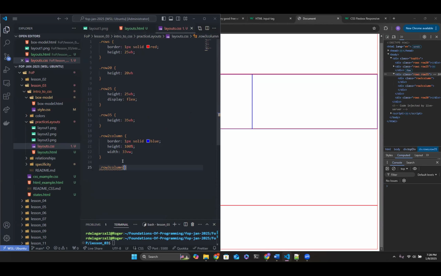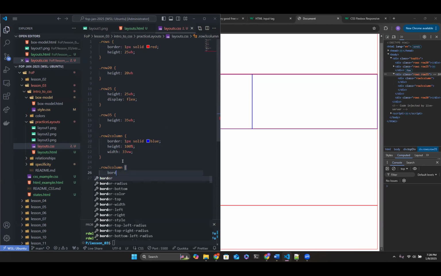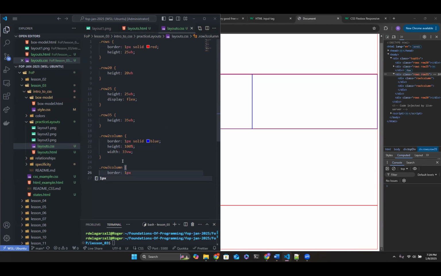We'll give it a border again so we can see it: 1 pixel solid blue. I'm going to give it a height of 100% and a width of 50% because there are only 2 of them. We'll say 50 view width.